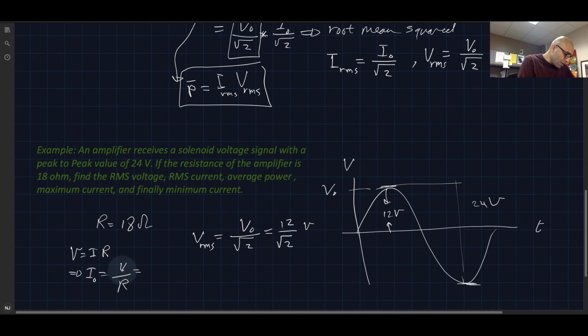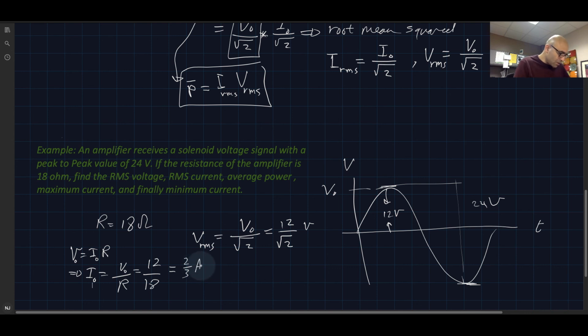This can be I naught and V naught. That's fine, it depends on what you're trying to use. You can change that to RMS or average, it doesn't matter, because it's the same thing if you change it all the way through the equation. So I naught is equal to V naught over R. What is V naught here? V naught is 12 divided by R, which is 18. And 12 over 18 is 2 over 3